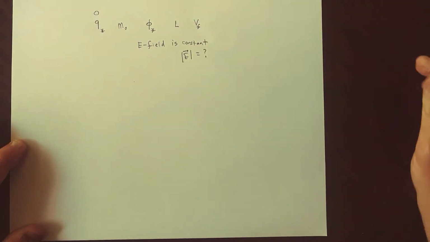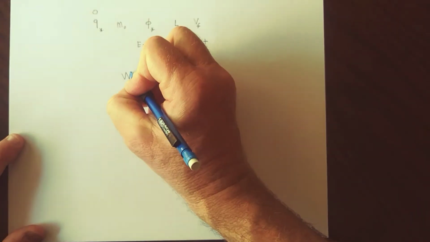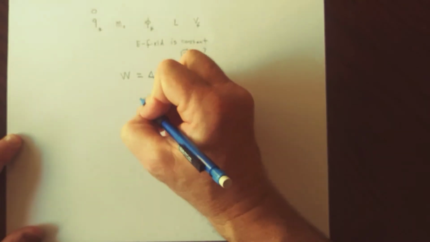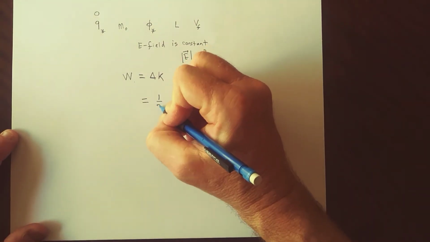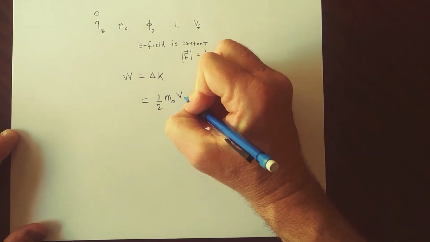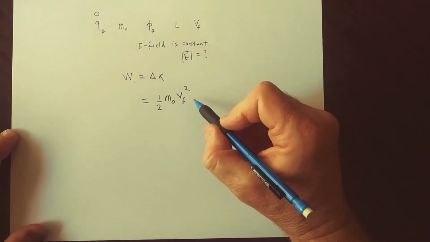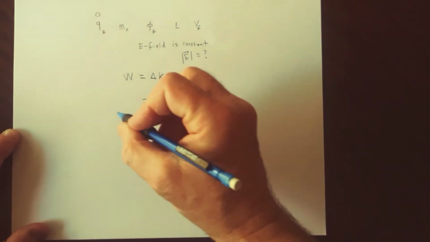Okay? So under these circumstances, our work-kinetic energy theorem looks as follows. So the right-hand side is the same as in the previous case. We have the final kinetic energy, which is 1/2 m naught V final squared in this case, and everything is known. Minus the initial, but the initial is 0 because the particle starts at rest, and the work done on the particle is